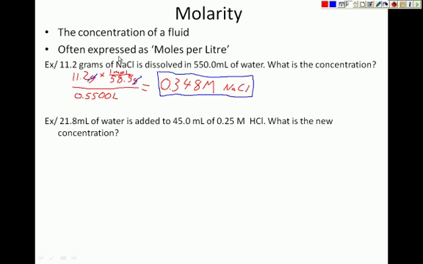Now let's look at a different type of question of molarity, and look at the question of what happens if we have a certain concentration or a certain molarity of HCl in this case, and water is added. So what we're doing is we're diluting it. So what we're going to do, just like using that mole bridge of ours, is change this concentration of HCl into moles. So we're going to take